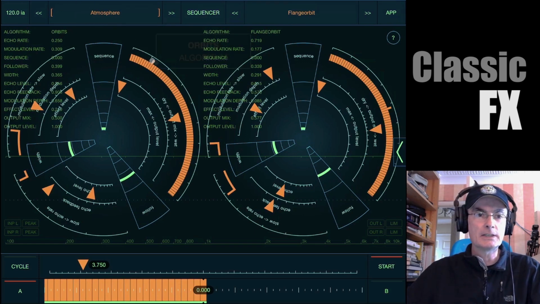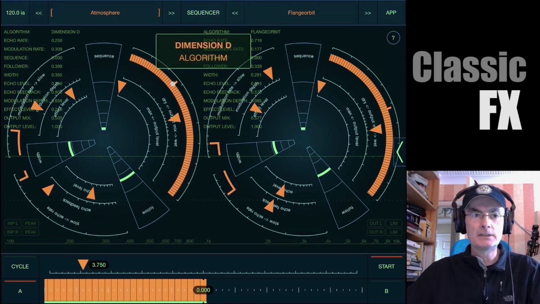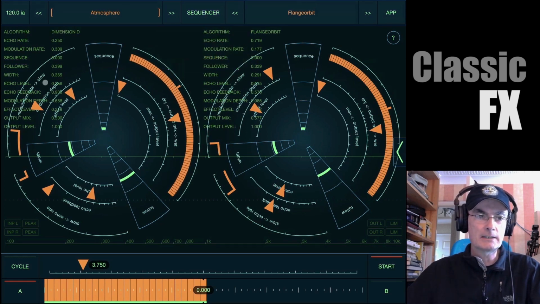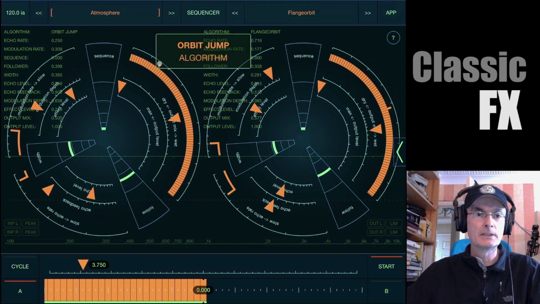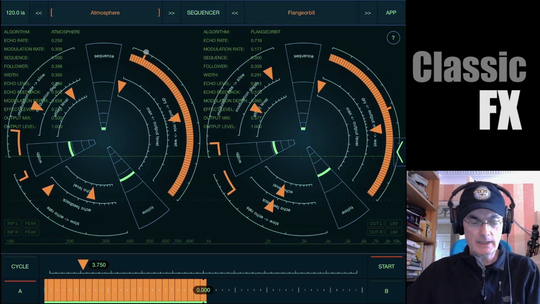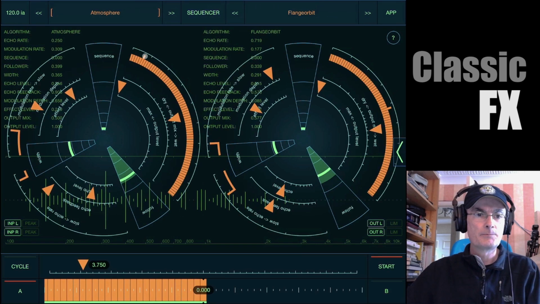And the difference is when we drag this slider to change the algorithm, it doesn't affect the settings on the control dials that we might have changed. I hope that makes sense. If you experiment with that, you should get a sense of what that's doing. So that should allow us to set up our sliders as we want them, then we should be able to scroll through those algorithms